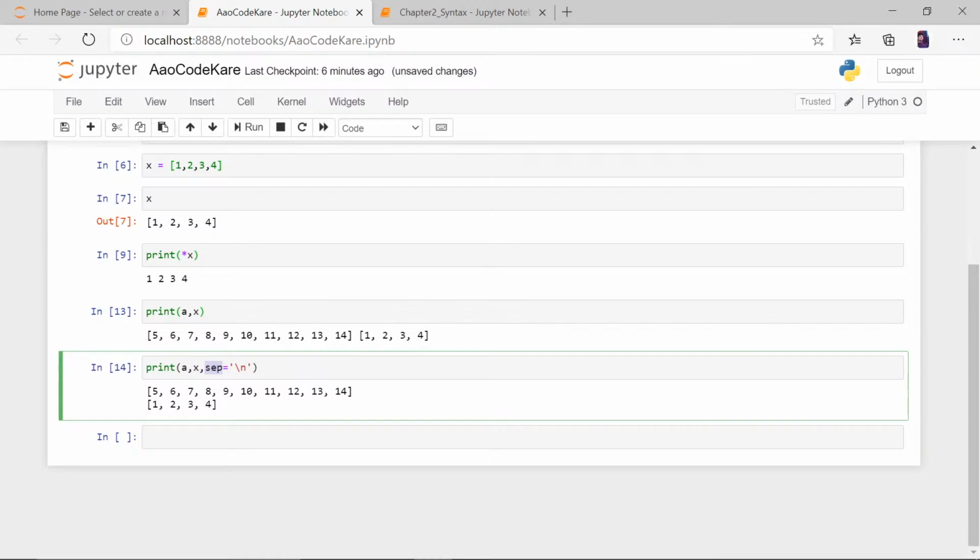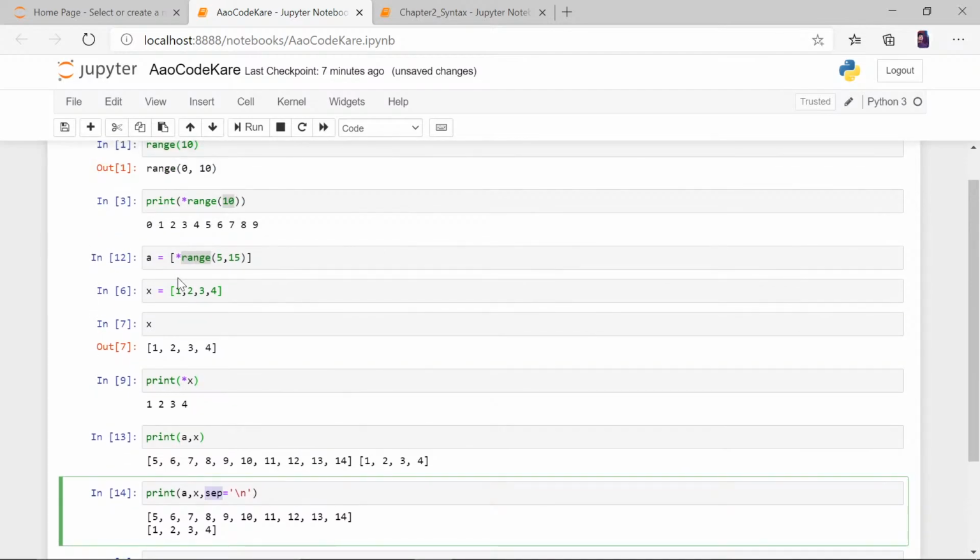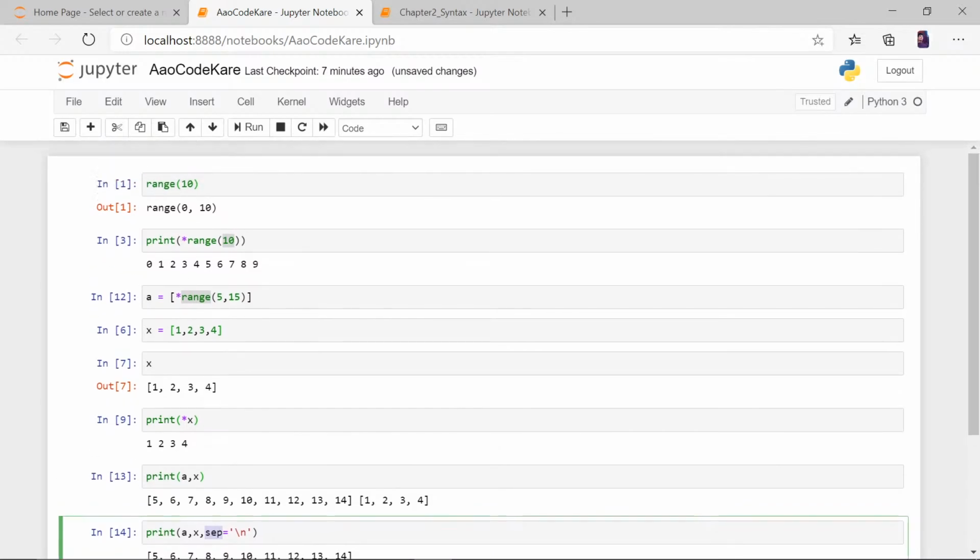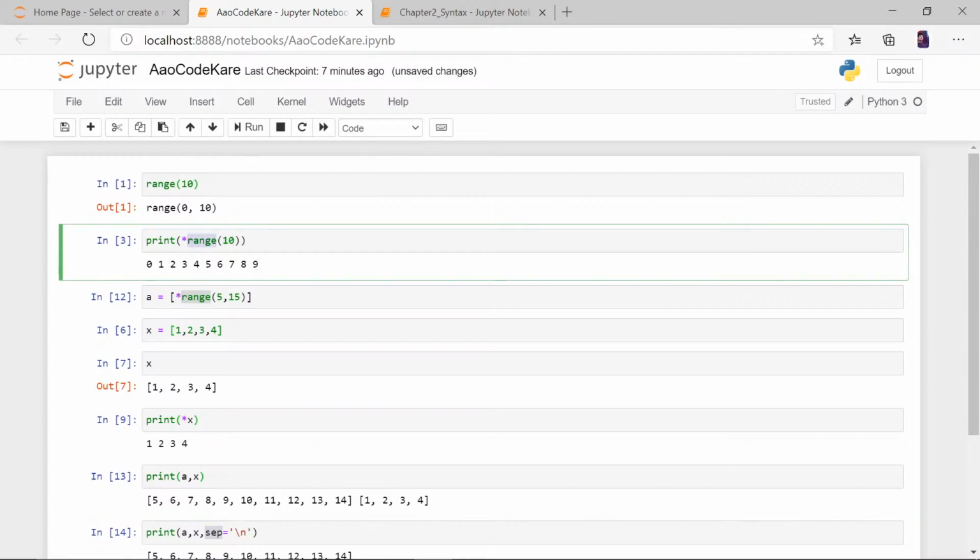Okay, Mukta is saying star prints the whole list. No, Mukta, star just unpacks things. We had a star here, right? Star unpacks things, as in this range is a box. If I say box, it's an object. Range is a range object type. When I put star, this object is unpacked and just the values inside it are given.